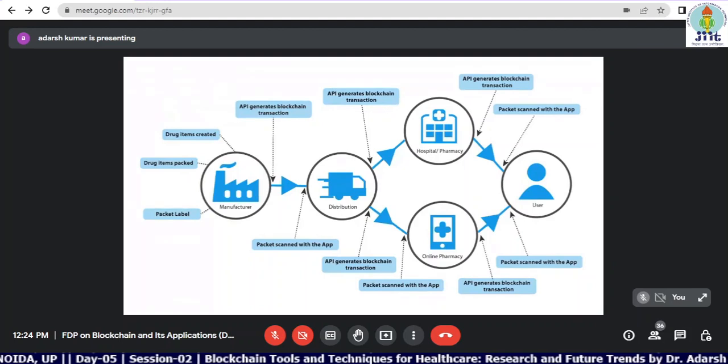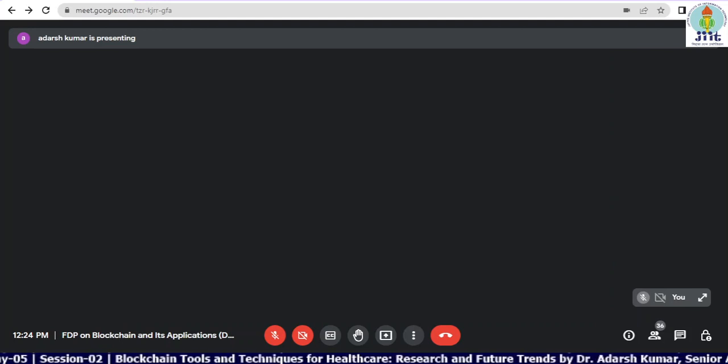All of these data will be recorded in the blockchain network. Then proper labeling is done for identification. We can assign barcode or RFID based approaches. That gives a collection of data for the manufacturing units. The next unit after manufacturing is the distribution unit. The manufacturer will give the drugs to the distributor at the right time based on the smart contract that we have written. APIs will be generated which will automatically execute the smart contracts and the transactions.